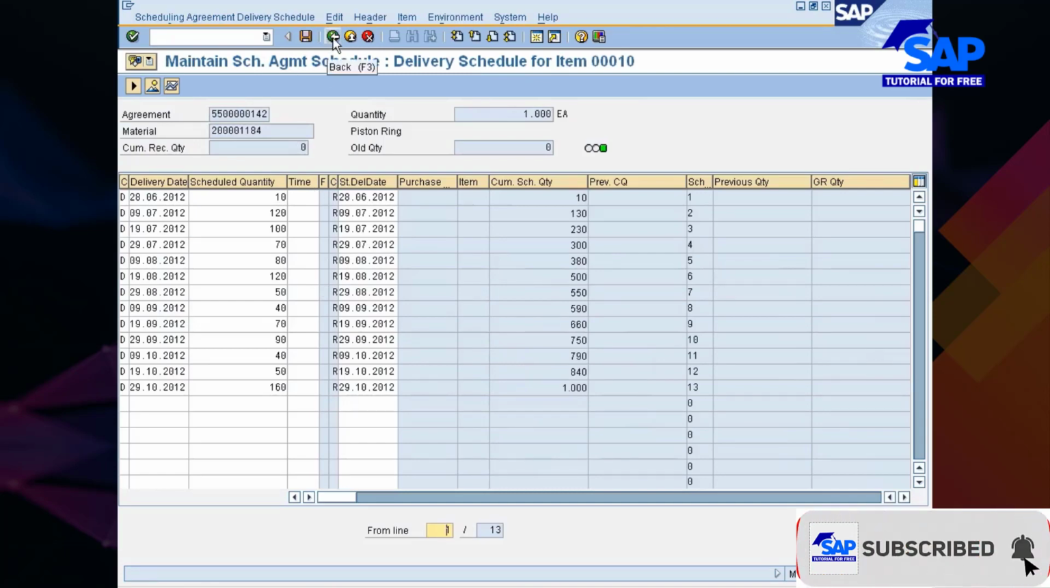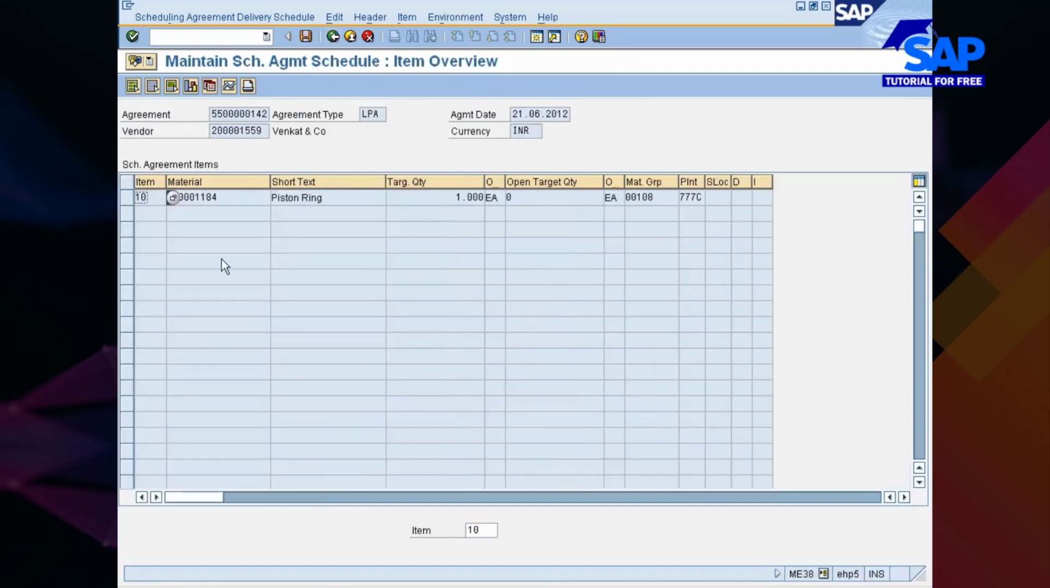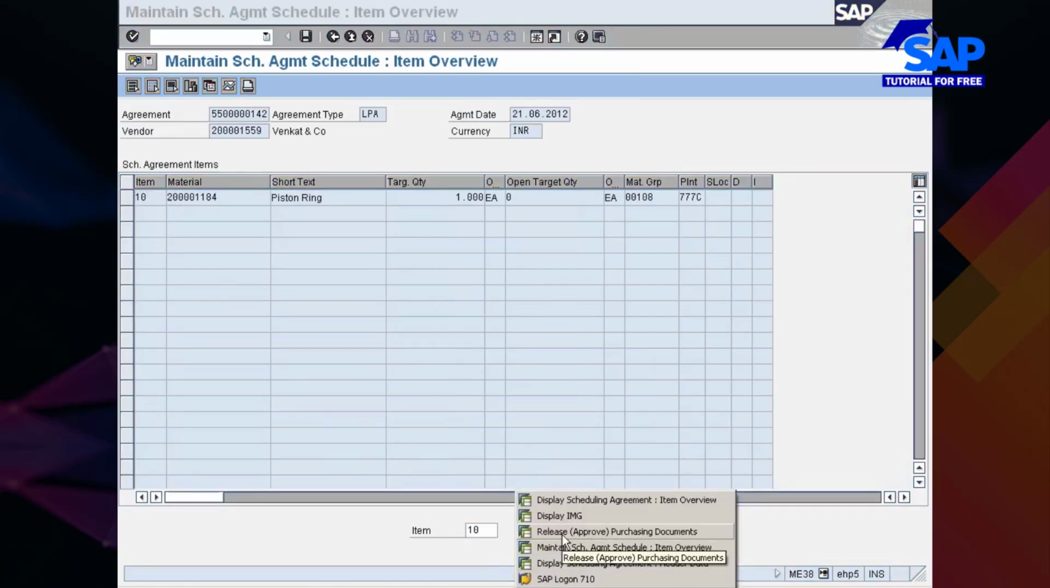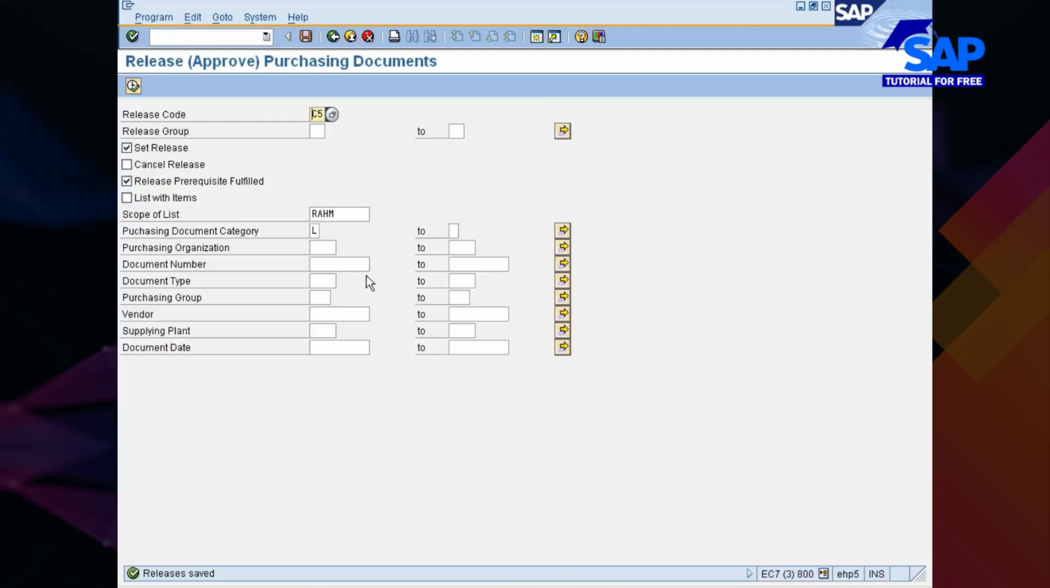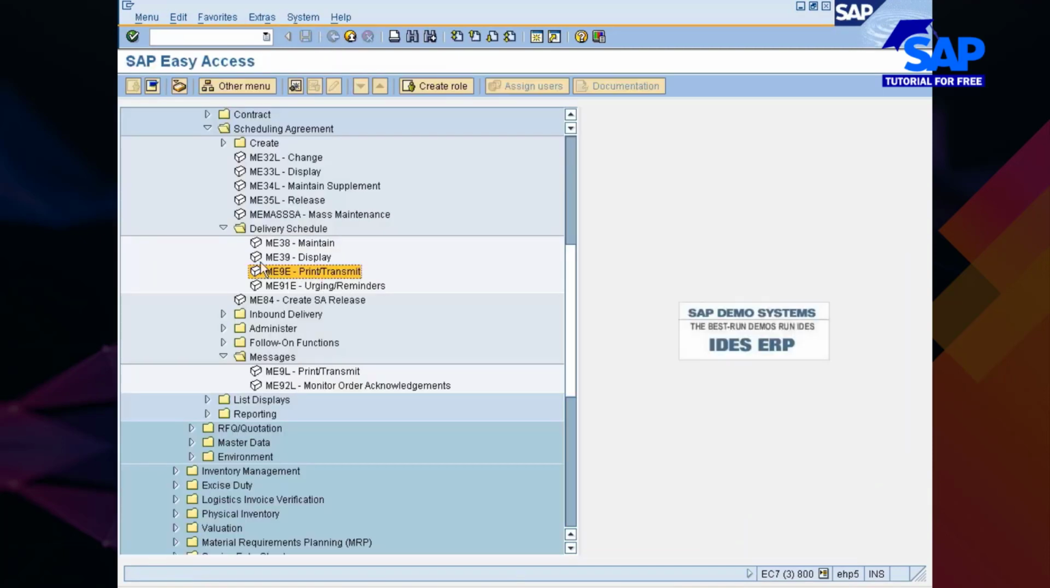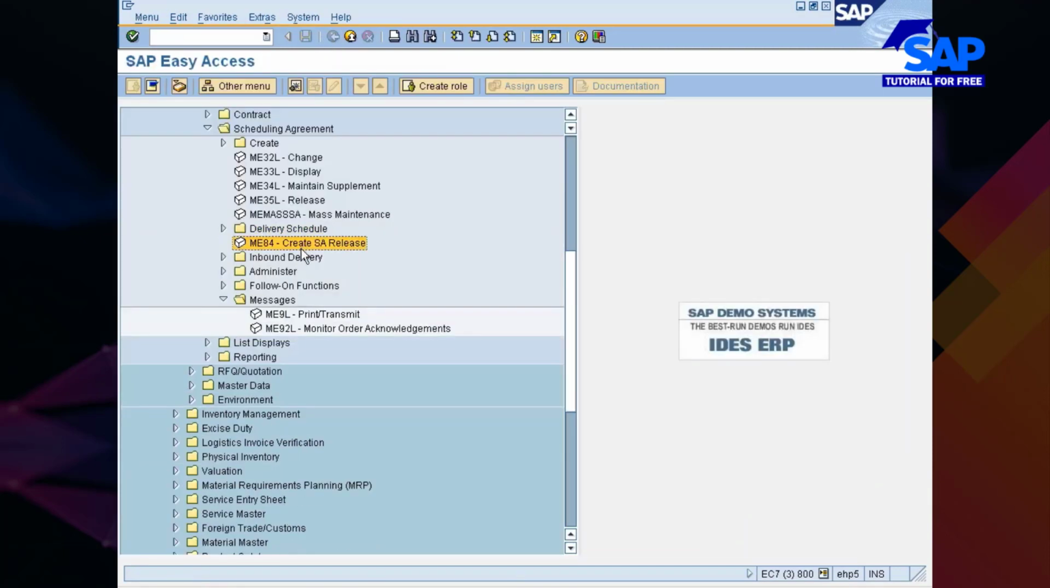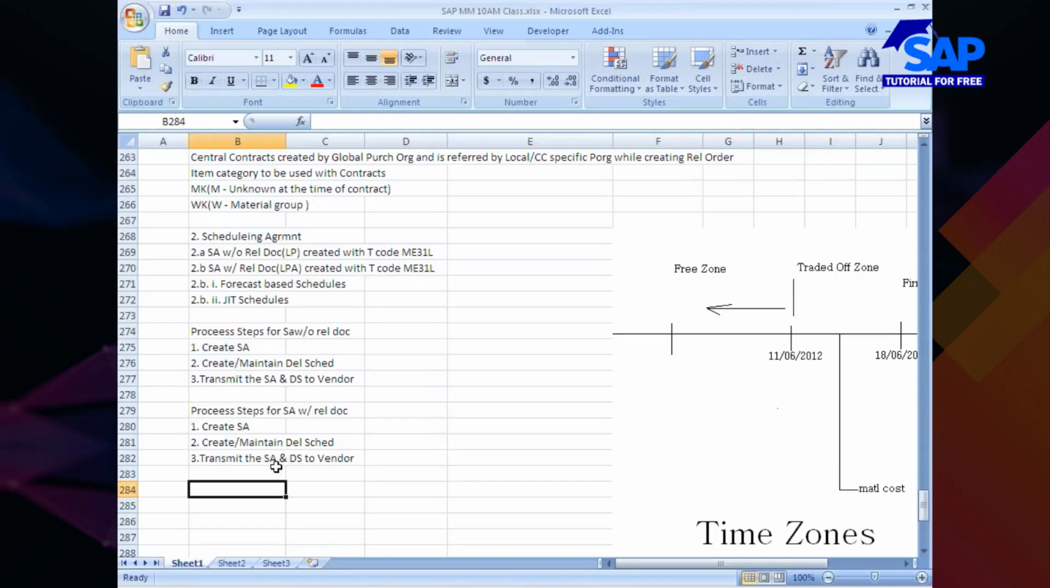Right, next thing, after you have done this one, you have to actually go with release documentation. There's a separate transaction code for that. Let me show you that one. You see here, ME84, create scheduling agreement release. So I would say you do this one, and then the fourth one, create scheduling agreement release